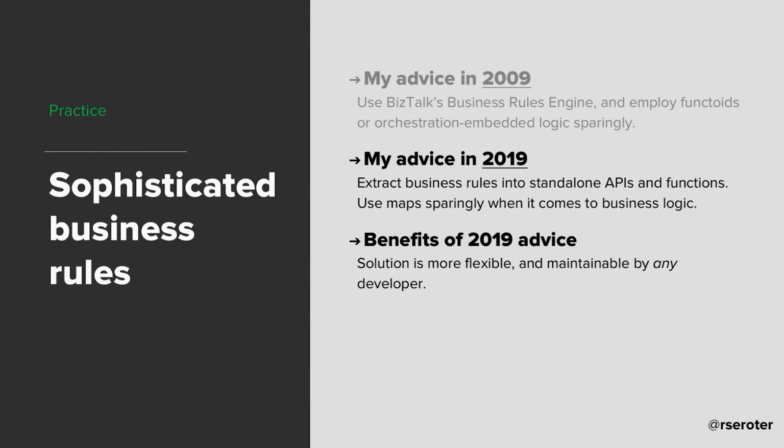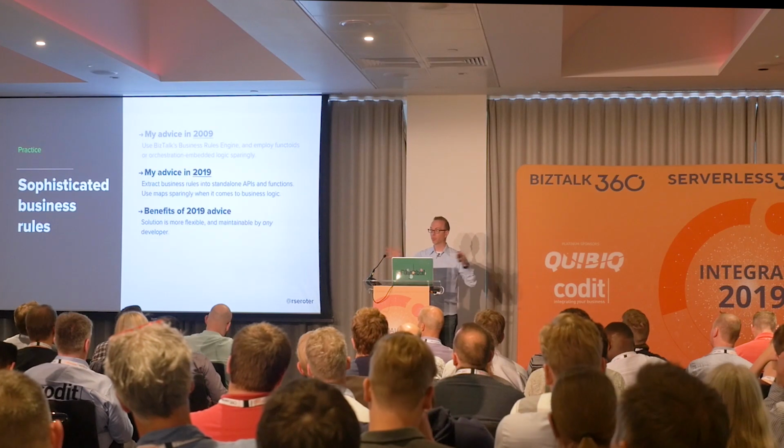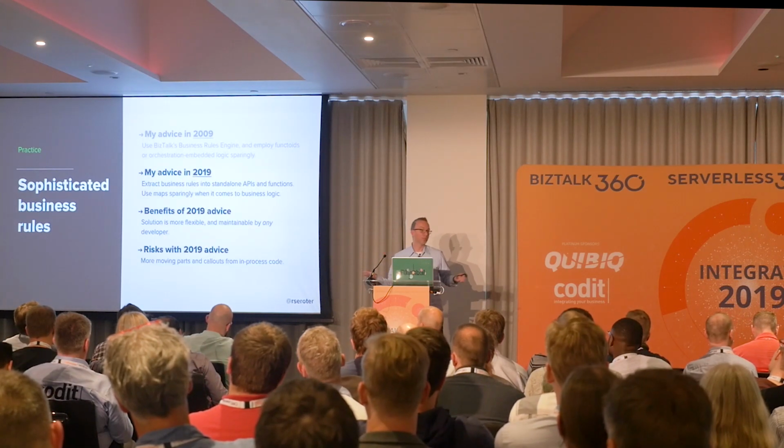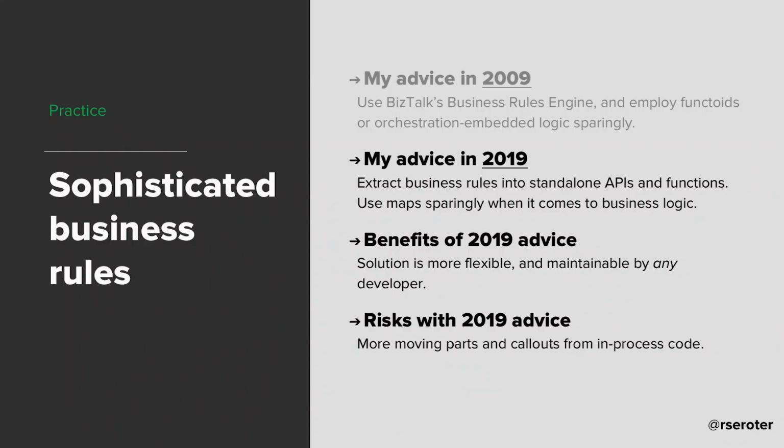But that's fine. Any developer can build a function, right? Any developer can build an API. And so you start to, again, stitch these things together with more people versus having a concentrated set of folks. Now, there's a risk. Part of the risk here is more moving parts. All of a sudden I have this logic app call out the 6 functions and do this sort of stuff. Like, I just want to transform the freaking flat file. This is really complicated.